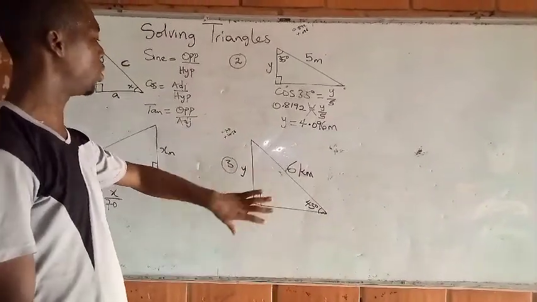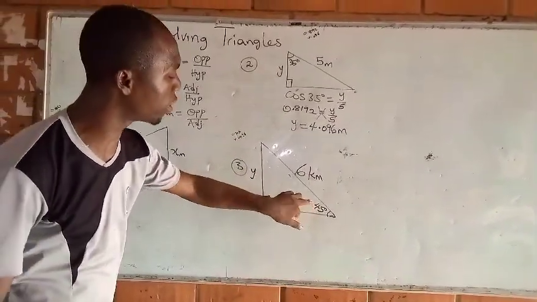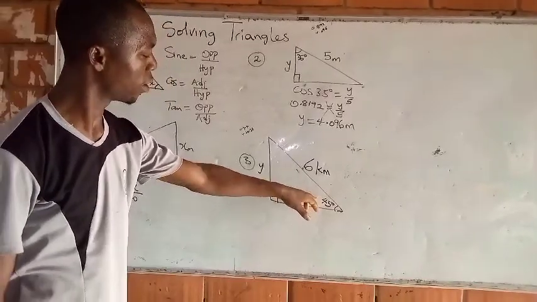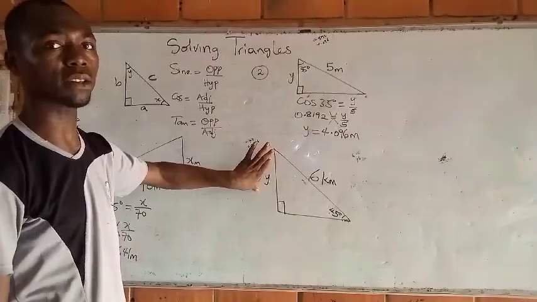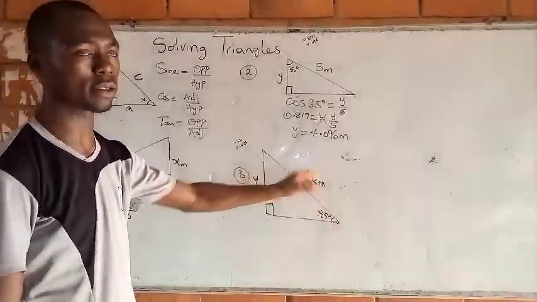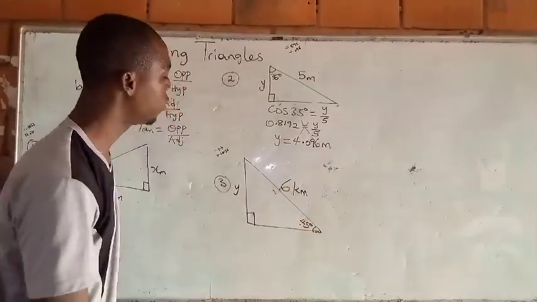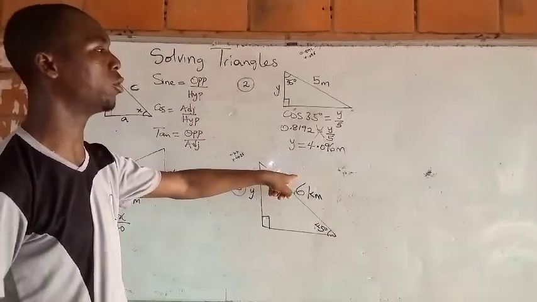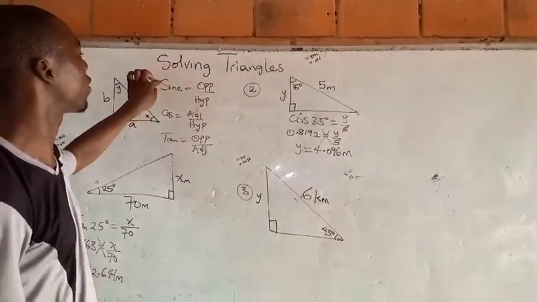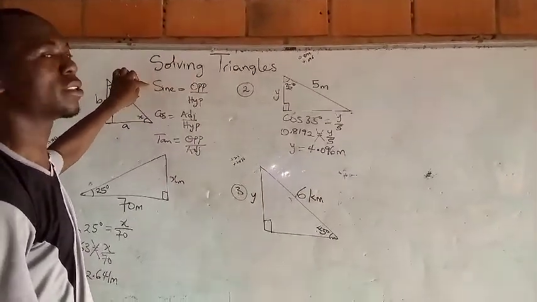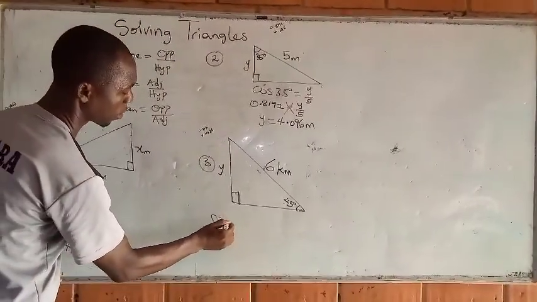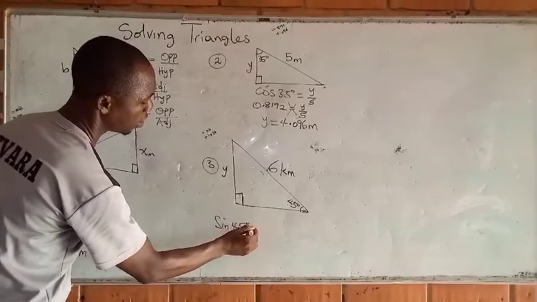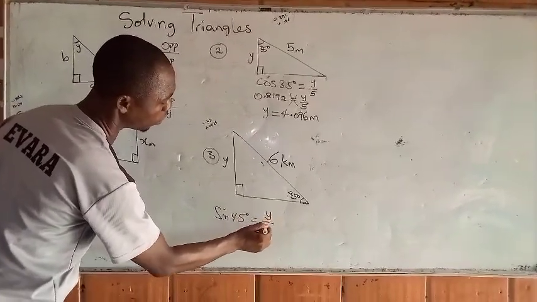The last example here, we are considering angle 45 degrees. So this side opposite angle 45 degrees is the one we are going to take as opposite. Then this is the hypotenuse because it is the longest side. So when you have opposite and hypotenuse, that is SOH, sine. So we are taking sine. Sine 45 degrees equals opposite over